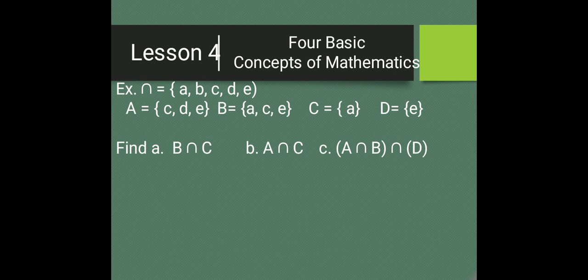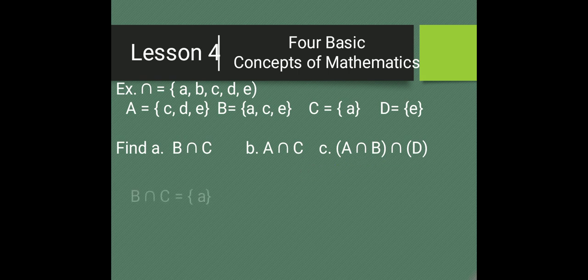Dapat universal set yan. Okay, set A contains C, D, and E. Now, set B, we also have elements A, C, E. Set C contains elements A, and set D contains the element E. Now, if we have to find the intersection of B and C for letter A, okay, find the intersection of